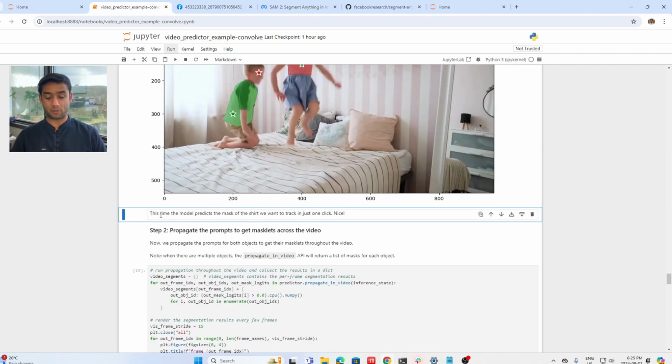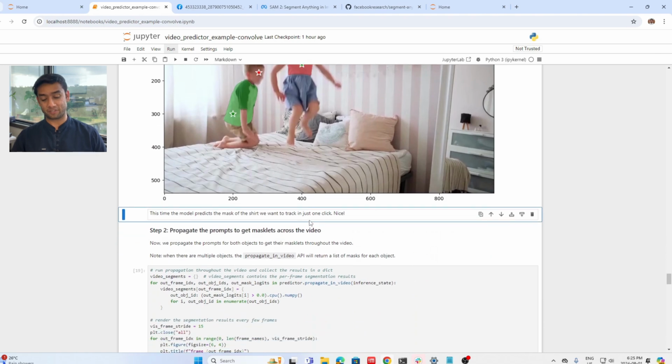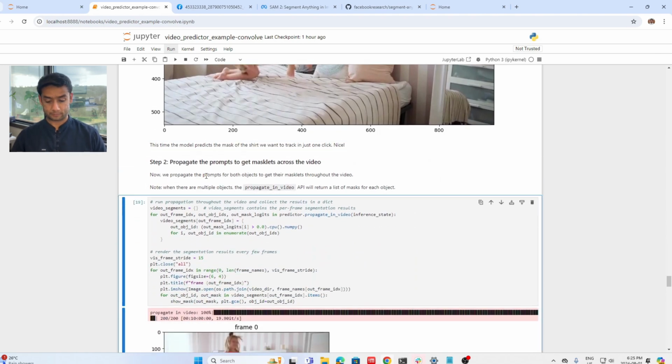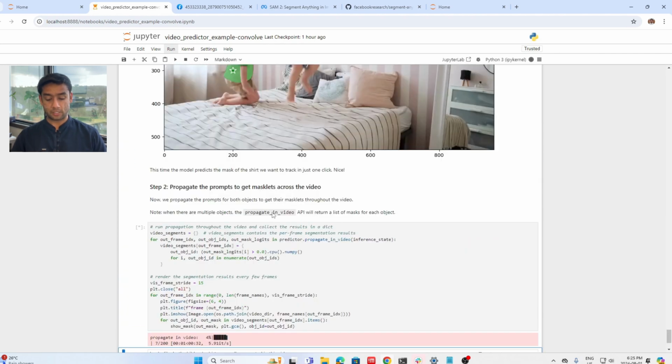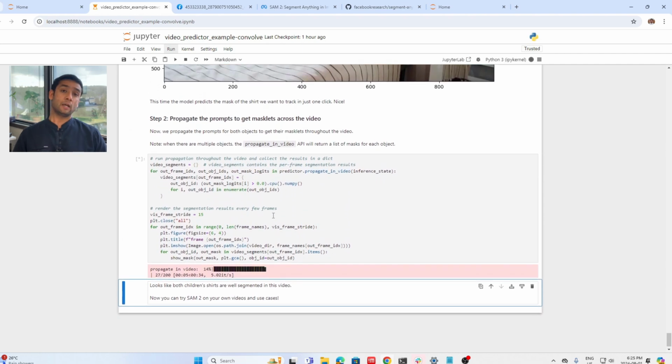See, this time the model predicts the mask of the shirt we want to track in just one click without any further negative examples. So this is really powerful, right? Now we're going to propagate the prompts to get the masklet across the video. Again, the same thing, it's going to run throughout the video, and it's going to try to figure out and segment and track the shirts for both the kids. So while it's running,